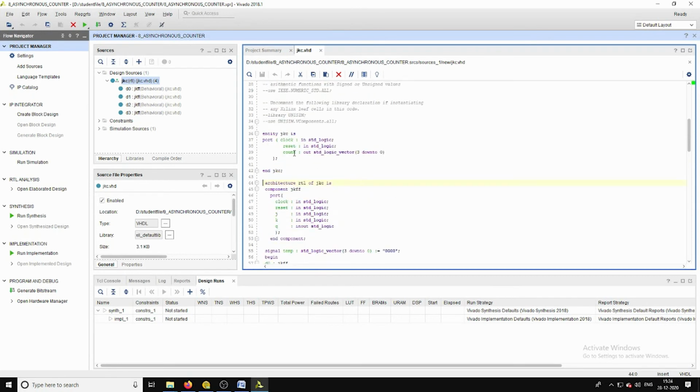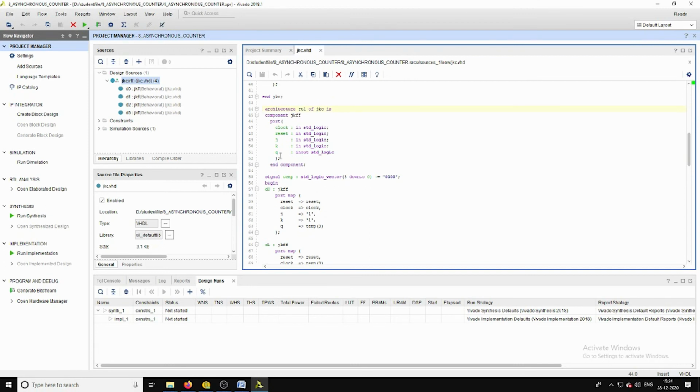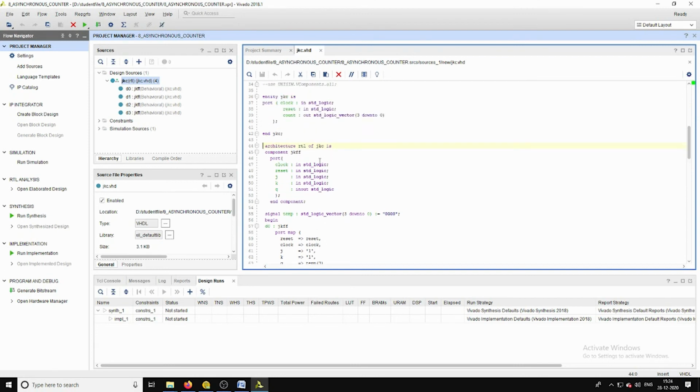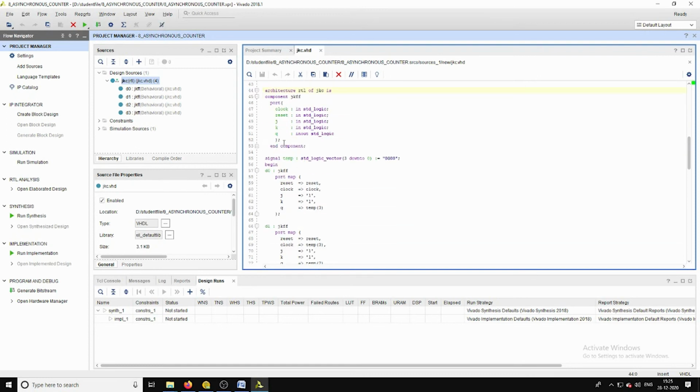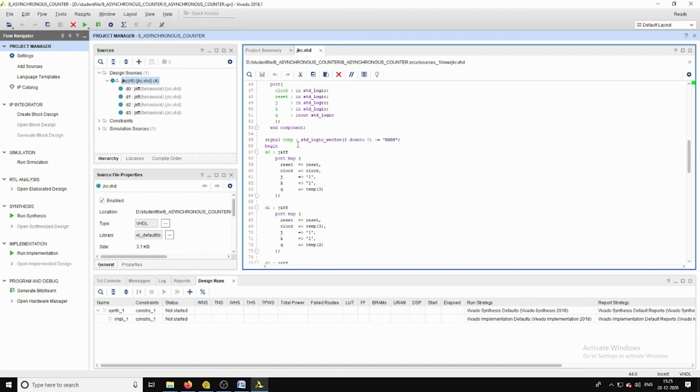Here the primary inputs are the same, the clock and the reset, and the count is going to be changed with respect to the clock events. And here I have considered the JK flip-flop as the component, and by using this JK flip-flop I am going to perform this counting sequence.